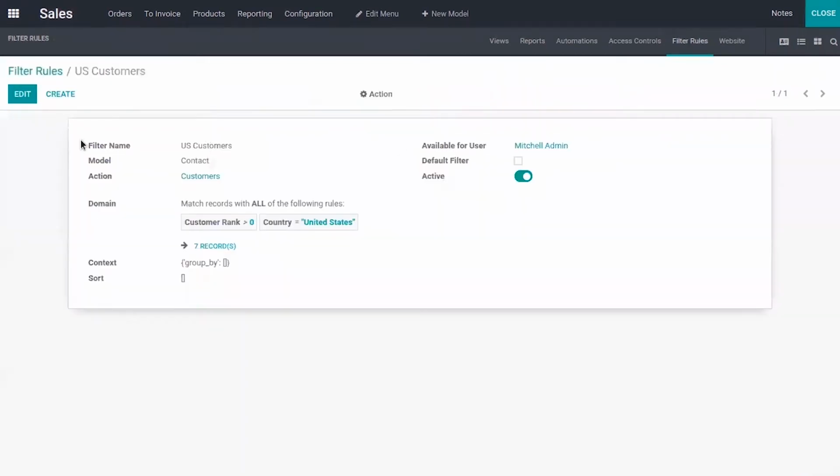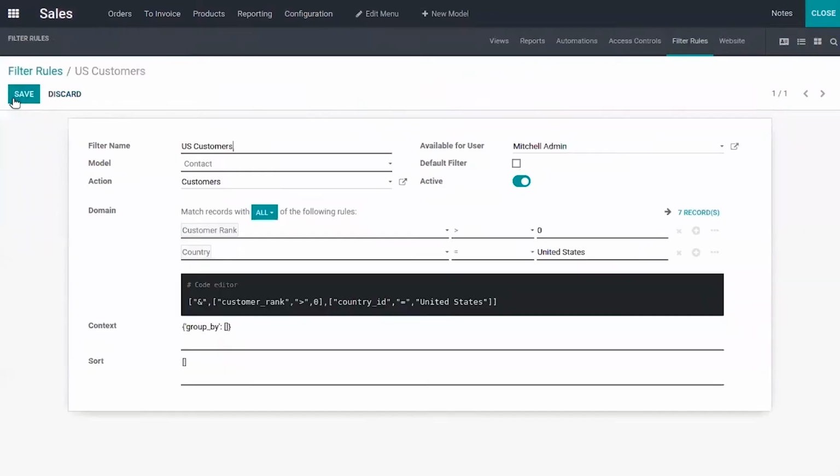You can see the form view with the details of the filter rule. You can view the name, the model to which this is applied, and action. And here we can view the domain, all the filters that you applied, and you can view the context and sort. Here you can find an option to set it as a default filter. So you can just enable this option from here and save it.